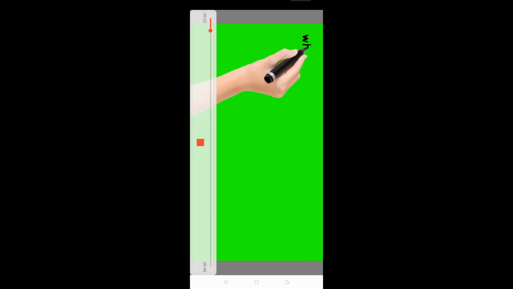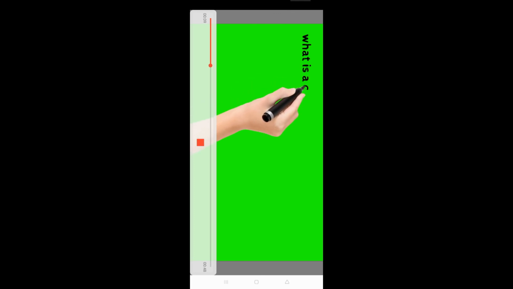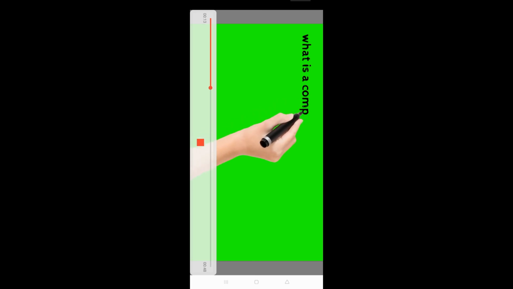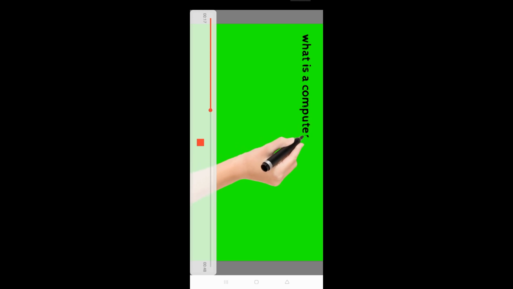It will play very slowly. What is a computer?